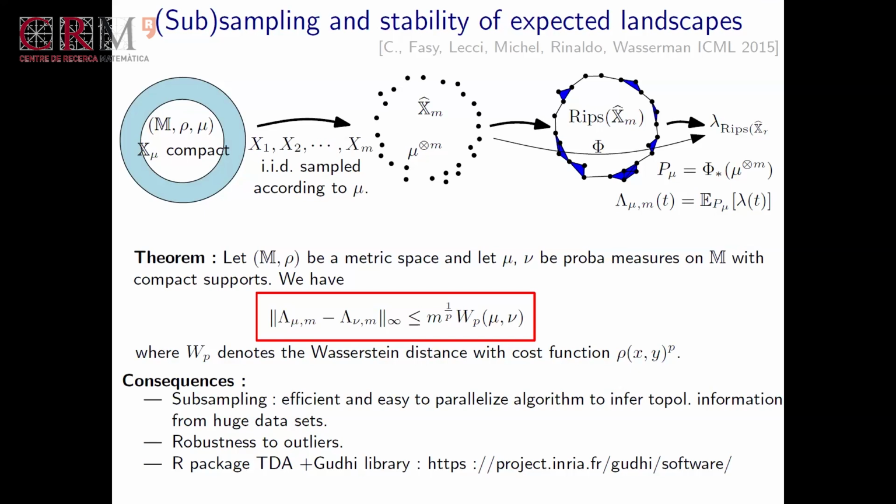Computing or estimating this kind of thing is very easy because you are the one who chooses M. You want to choose M not too large, so that you are able to efficiently compute the persistent diagram on top of M points. And to get the average, you can parallelize this very easily. You can compute the persistent landscape of N different